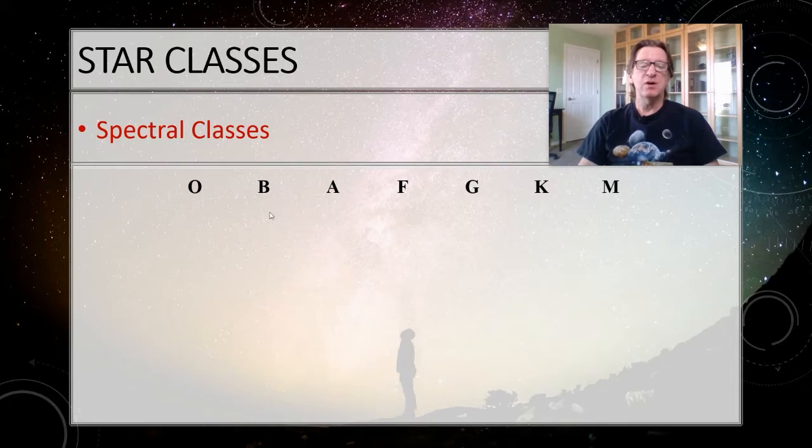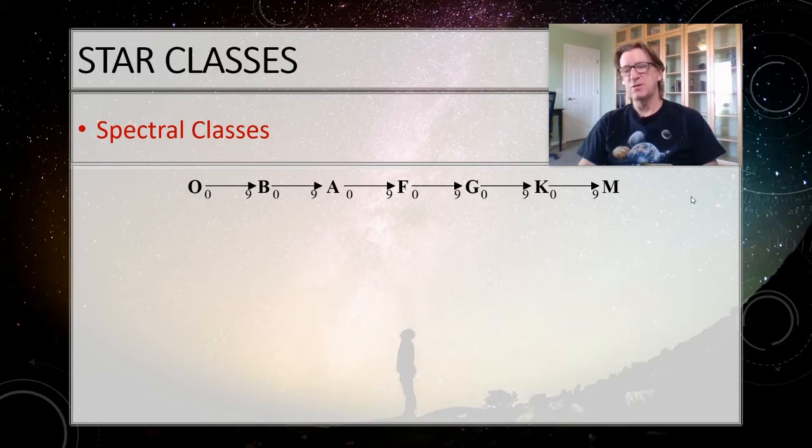Now we also break that down into subtypes. So an O9 is just a little bit hotter than a B0. It's a scale as we go through here from O0 being the hottest to M9, which should be over here, being the coolest. So when we look at these, the O-type stars are the hottest, the M-type stars are the coolest. So that means these are going to be our red stars. Let me get my picture to come back. There we go. So our hot stars here are going to be blue, and these are going to be our red stars. Remember, there's only two colors in astronomy, hot and cold, red and blue.